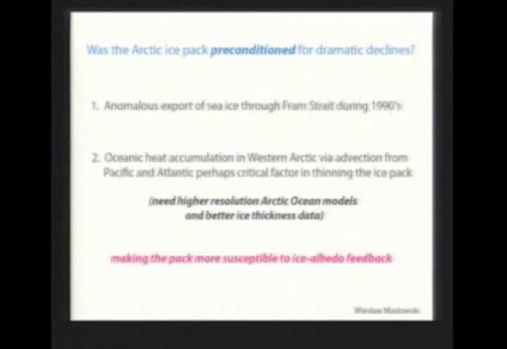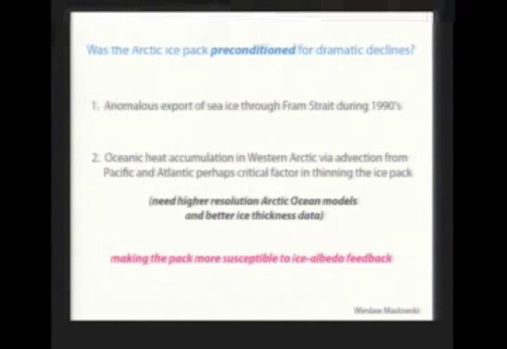And then another one, which has been used to partially explain why we've lost so much ice in the Arctic, is first of all, and this is Wieslaw Maslowski at the Naval Postgraduate School, who's asked the question: was the Arctic ice pack preconditioned for the dramatic declines that we've seen? There was anomalous export of sea ice through the Fram Strait between Greenland and Iceland during the 1990s, and